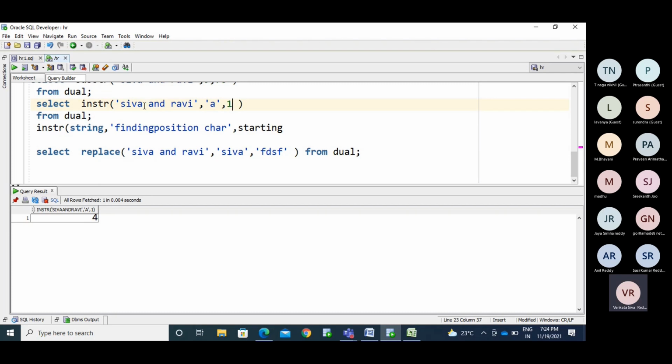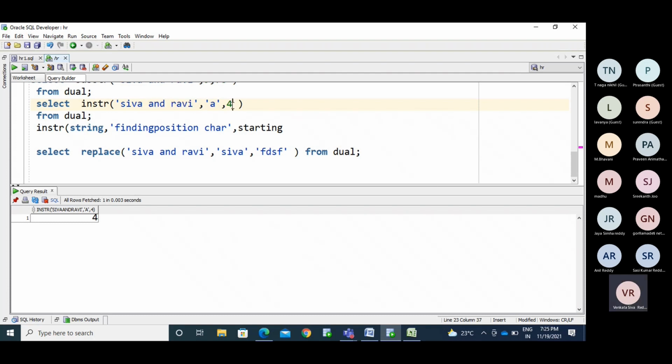Now I am saying start the search from 4. I will get 4. From the starting place I have the A, the fourth letter. So I am saying you will ignore these three characters and search from this position, from this place until this place, where is A here. In the fourth letter only we have the A.